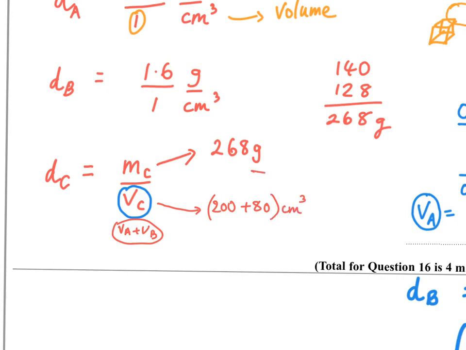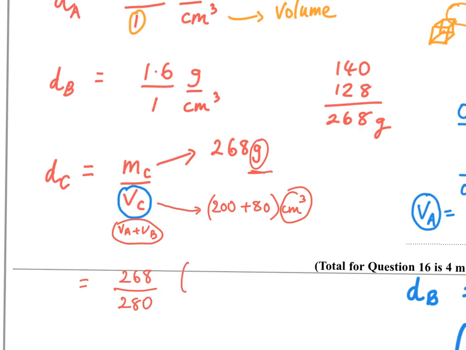So we've still got our dimensions, look, we've got grams per centimetre cube, but we actually have now 268 grams per 280 centimetre cubes. So we can work out our density now as 268 divided by 280,